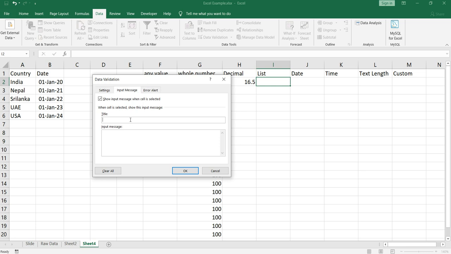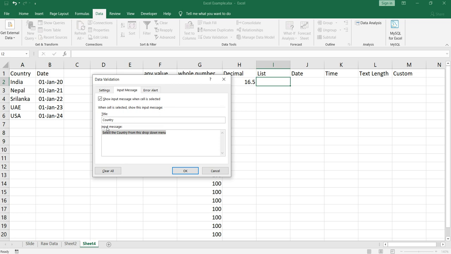So the input message title would be country, and the input message will be: select the country from this drop down menu.